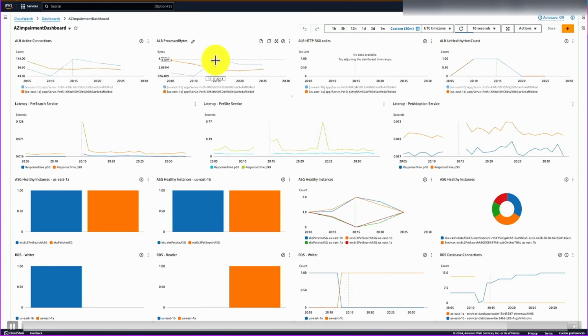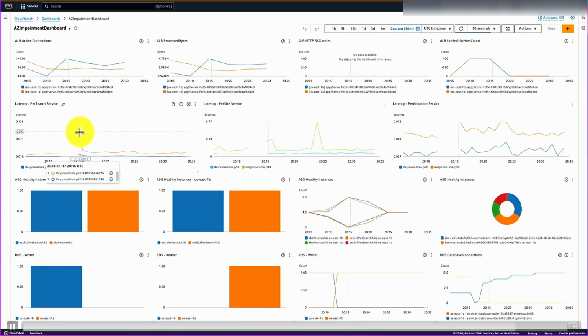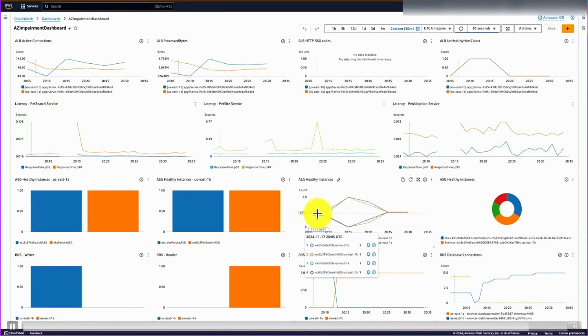We can see some application level metrics up there, and the gap that you see there in the latency is that period while the application was recovering. Cool. And in the bottom right there, you see the database connections changed from the old primary, and now the new primary has taken over for all the database connections from the application.